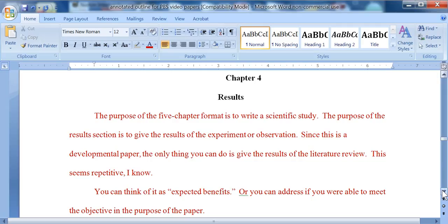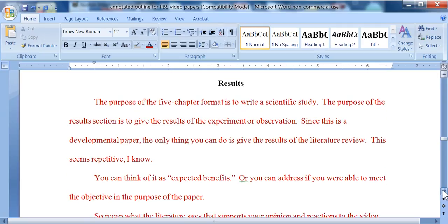And I know that this seems very repetitive. The other thing that you can think about is that it might be expected benefits, or you can address if you were able to meet the objective that you had in the purpose of writing the paper. For culminating options, you can put your learning objectives in here and say if you were able to meet them